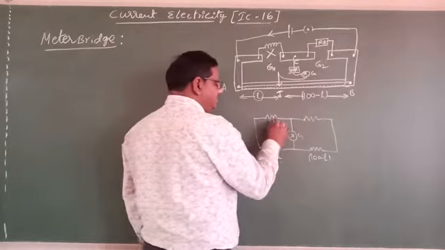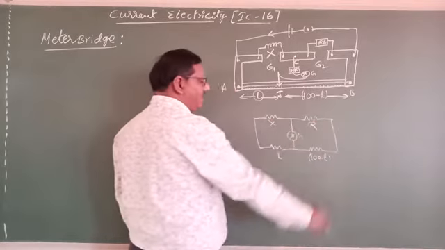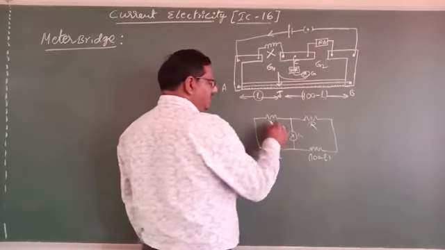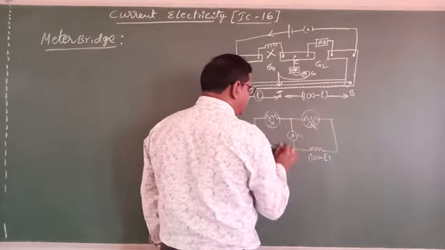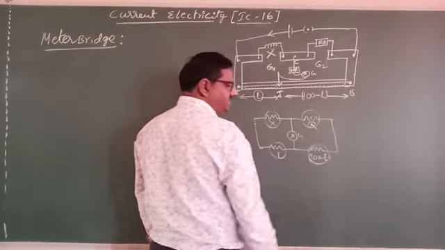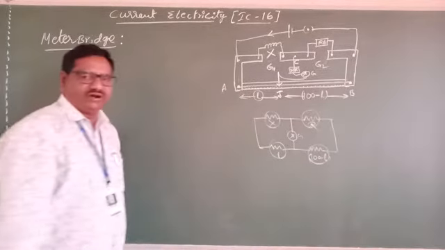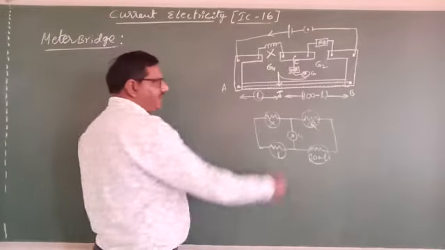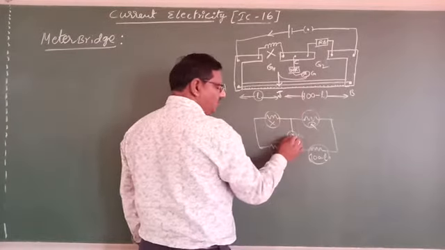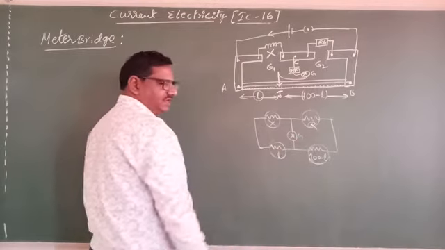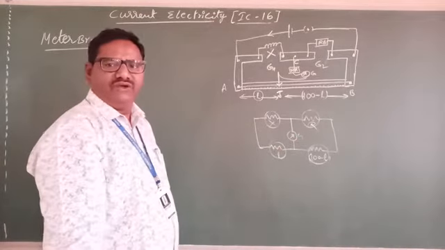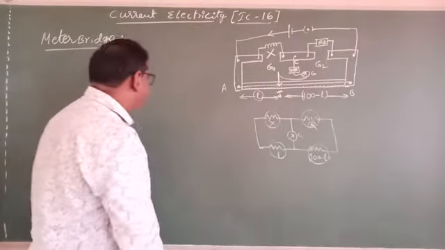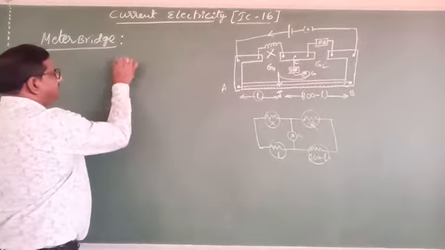Now see here, this is X and this is R, the known resistance. One resistance here, one here, one here, one here. So in total we have 4 resistances that look like a Wheatstone bridge, and in the middle we have one galvanometer. So what we expressed must follow the Wheatstone bridge principle. What is the Wheatstone bridge principle?